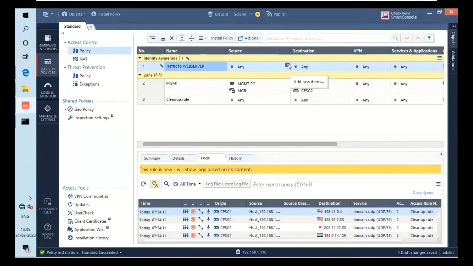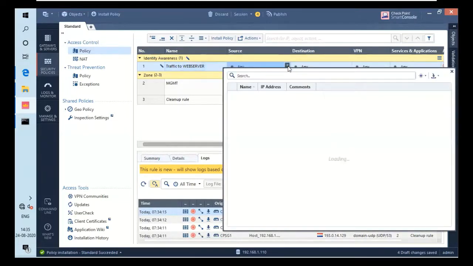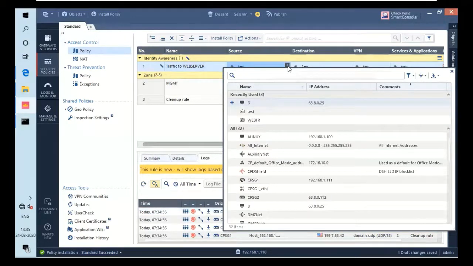So I will hit on plus and it will show you the number of objects that are currently present. So I don't want it. I just wanted to create a new object, which will be my access rule. Okay. And in that access rule, I'll be specifying that, okay, use this network and use this all. So for that, you have to go for access rule. That's the third one, right?